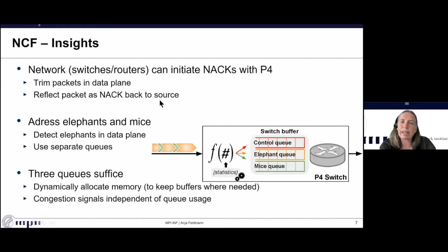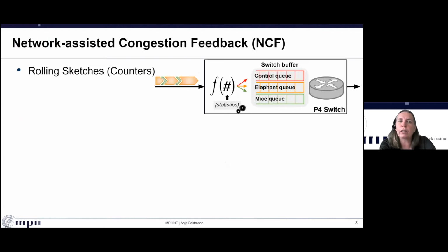Now, based on that, we can actually have a more informed TCP congestion control, which actually knows where in the network the congestion is, how far away it is, and how much congestion there is. And that can be then used in order to slow down the senders so that everybody inside the network can achieve better